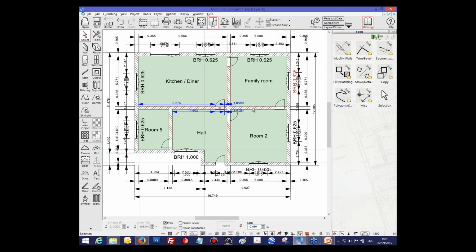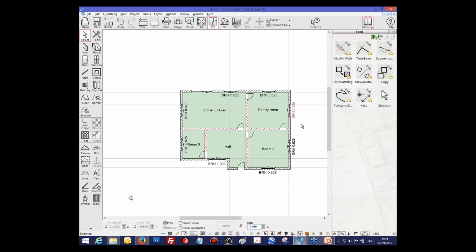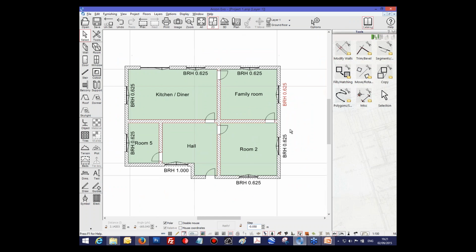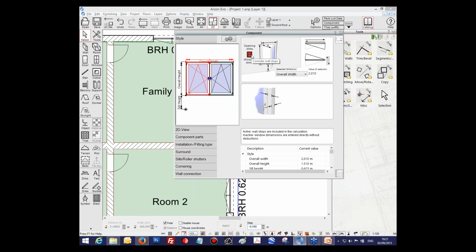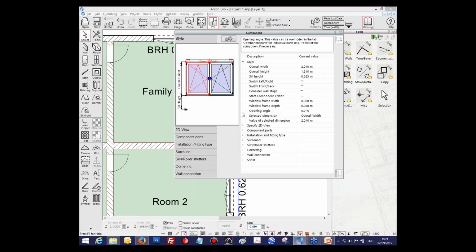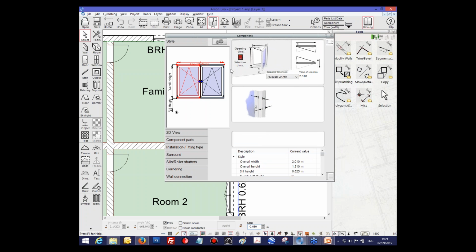So if I can now go into a bit of detail, let me just turn off these edge dimensions so it's just a little bit clearer. What I'm going to do now is click on a window and explain a little bit about the actual dialog boxes. If I click on a window and then click on the component tab here at the top, this will bring up a dialog box where you can change various properties using a list view, but also you can use various graphics for changing parts of the window. Now, the beauty with Arcon Evo is you can really drill down into detail